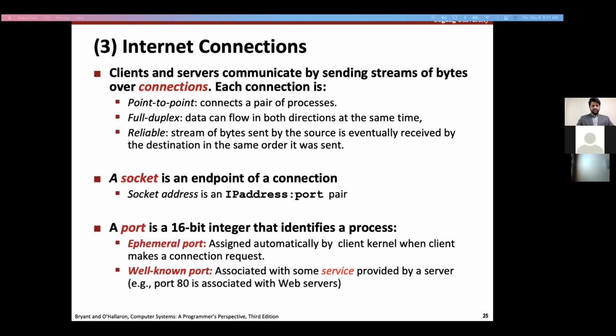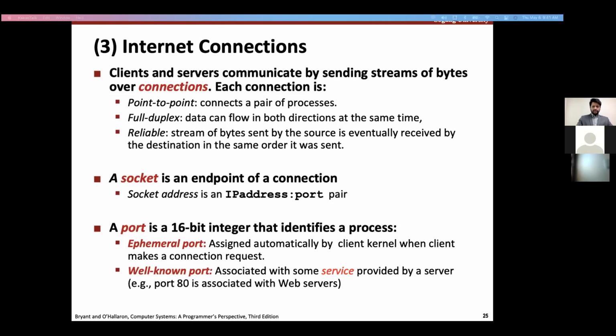So now comes the internet connections. How do you make these internet connections? Internet clients and servers communicate by sending and receiving streams of bytes over internet connections. A connection is defined as end-to-end. It's point-to-point communication in the sense that it connects a pair of processes. It has a full duplex property, in the sense that data can flow in both directions